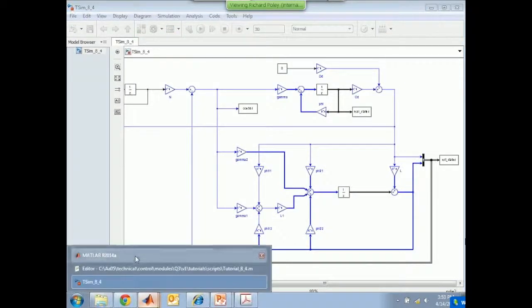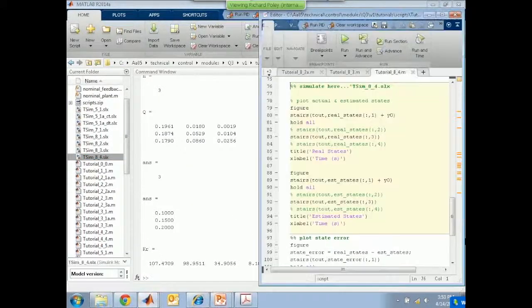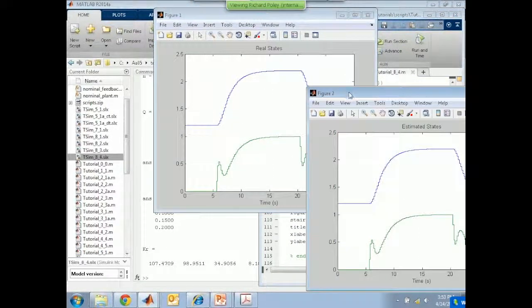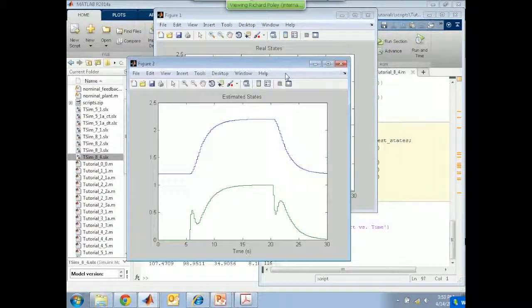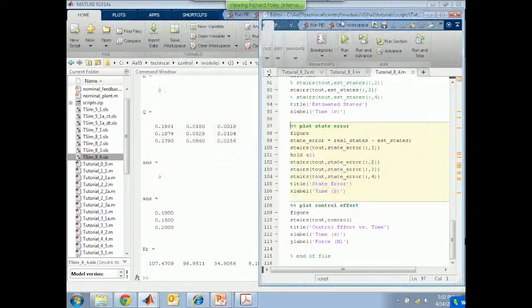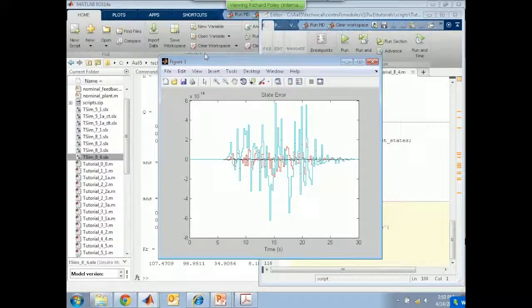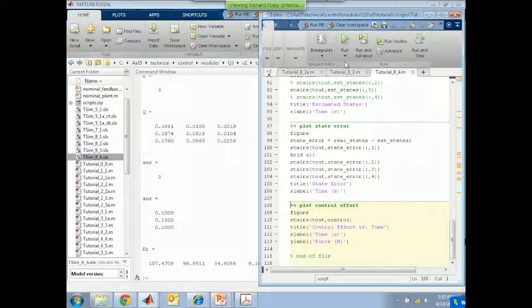So let's run it and check that the thin lines turn thick where they're supposed to. All looks good. And now let's plot the real and the estimated states. Okay, they're the estimated states. They're the real states. There's nothing terribly exciting so far. They're the complete states. Now we'll plot the state error. Okay, state error is small, right? 1 times 10 to minus 14. I don't know why it's bigger up here, but the masses are moving in this area. So I think this is just perhaps within the computational limits of the tool, but these errors are very, very small indeed. So the estimator seems to be doing its job.